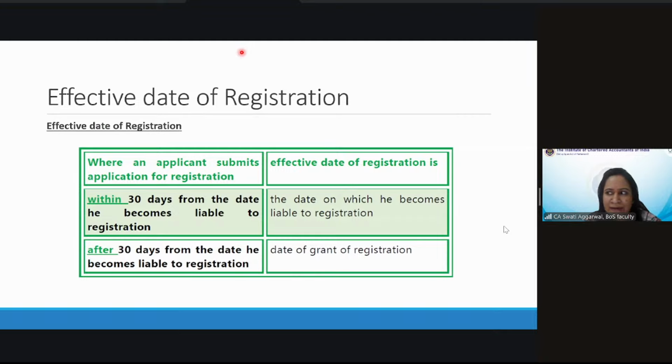Let me touch upon the key concepts of registration. You should be clear in your mind about the threshold limit applicable to obtain registration. If a person is exclusively dealing in supply of goods, it is rupees 40 lakh. For special category states, rupees 10 lakh, and otherwise it is rupees 20 lakh. And who is exempt from obtaining registration, and compulsory registration under section 24. These are really very important, so you should be very thorough in your understanding.